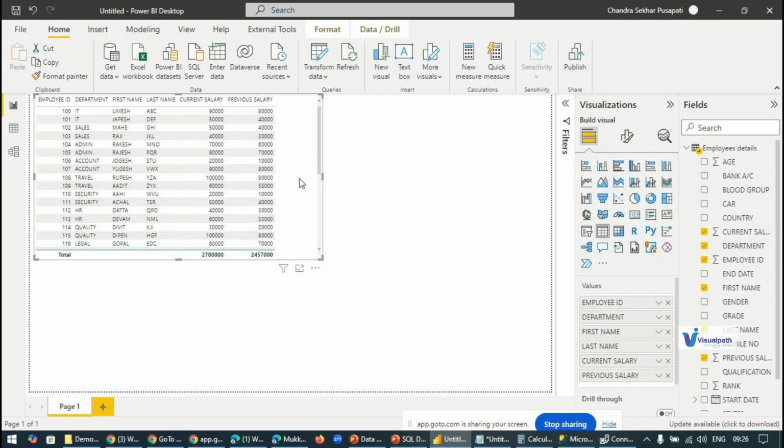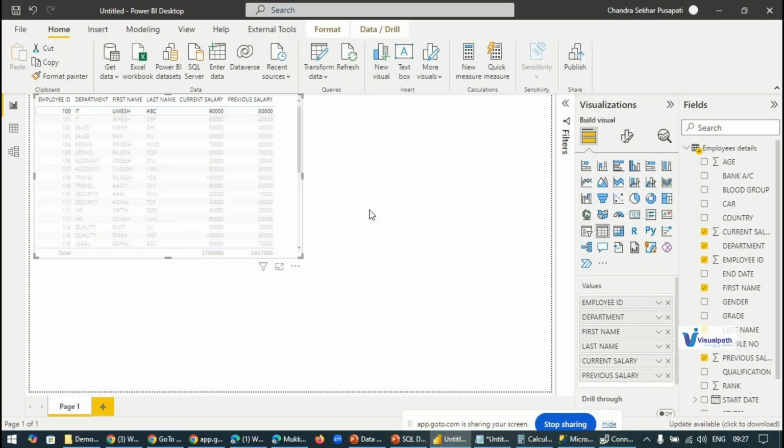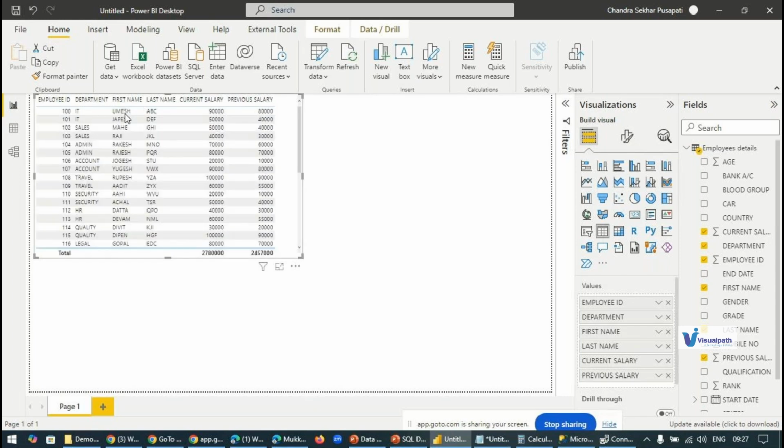Not one table, but from a combination of tables, a combination of data sources. You can combine multiple data sources, multiple tables, and display a summary of whatever you want. We can also do the drill down effect, like a data drill down. We cannot do drill down in a single table in Power BI, but using multiple tables, you can. Suppose you click on some related data, you can display it on some other visualization. Like that, you can do. That is available.